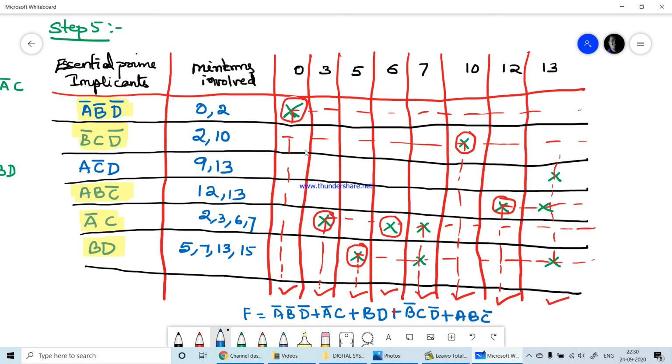Now if you see all crosses in the table, every one has been matched either vertically or horizontally. Therefore, further looking into the cross is not required. So the final reduced expression has eliminated this particular essential prime implicant. This is the benefit of having this step 5, to see through that further elimination is possible. And you see that A, C bar D in this particular expression is eliminated.